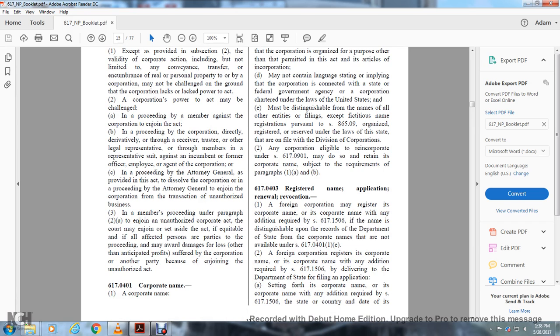617.0403, registered name. An applicant for incorporation may register the corporate name, with any additional requirements of the statute. 617.1506, the name must be distinguishable upon the records of the Department of State from corporate names that are not available under